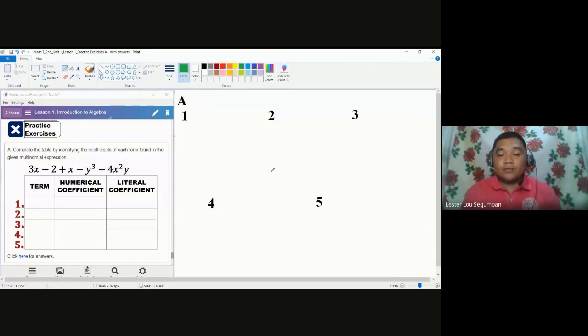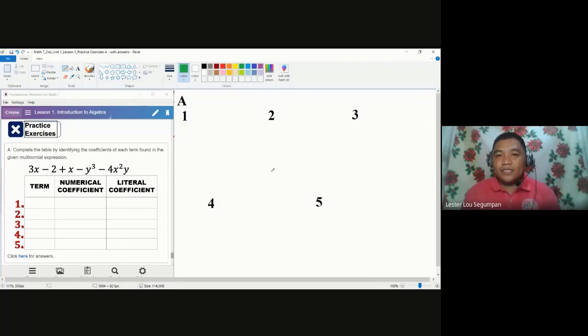It's very important to understand the basic concepts of algebra before we deal with problem solving, representations of real life problems as we translate it later on into mathematical expressions and then probably later solve them. So here, the task in practice exercise A is to simply determine the terms of this multinomial, the numerical coefficients,